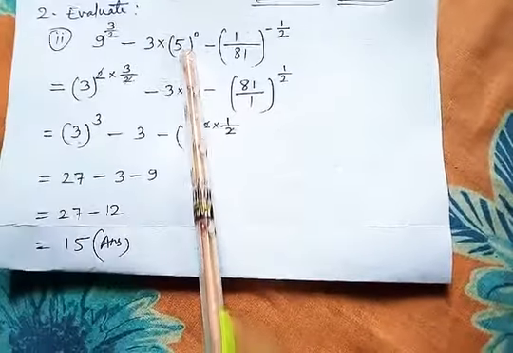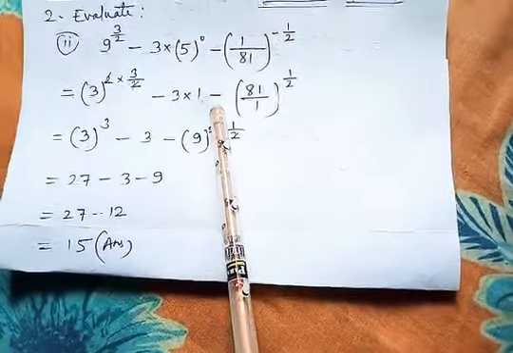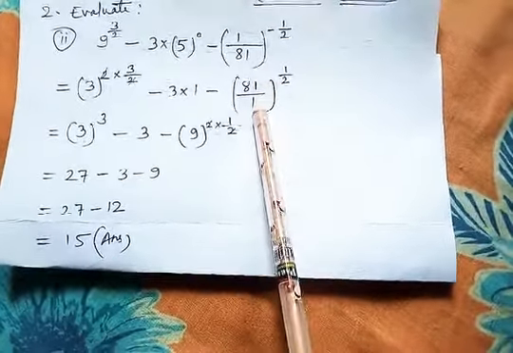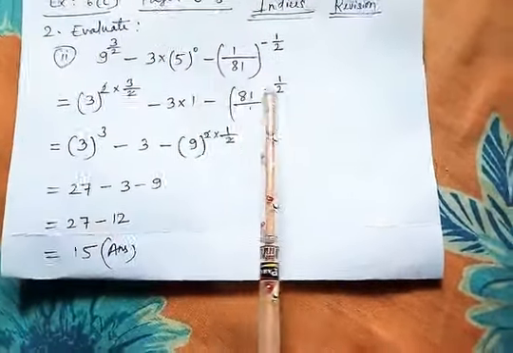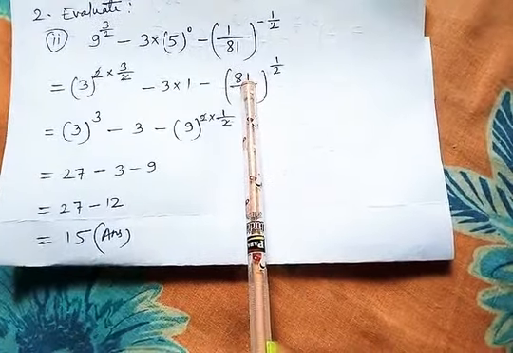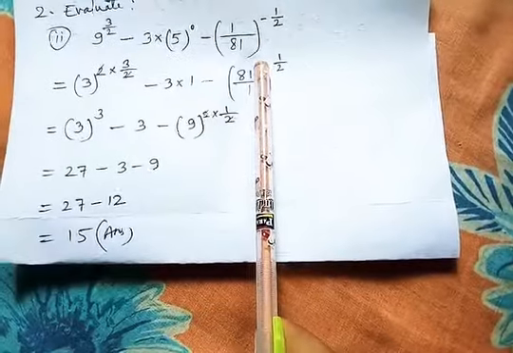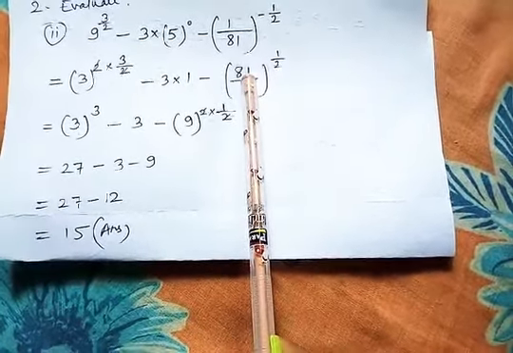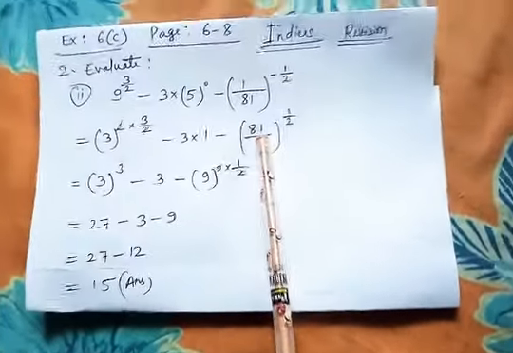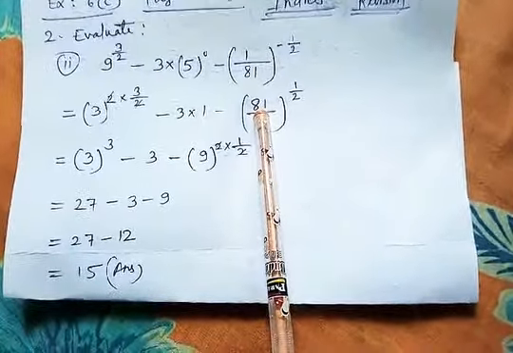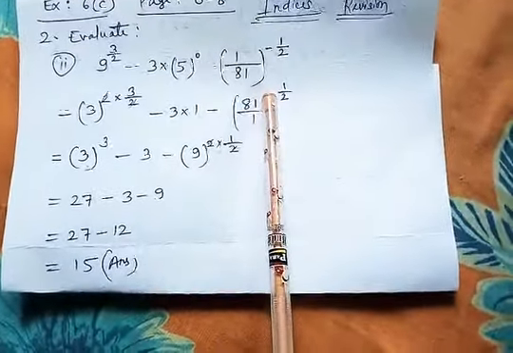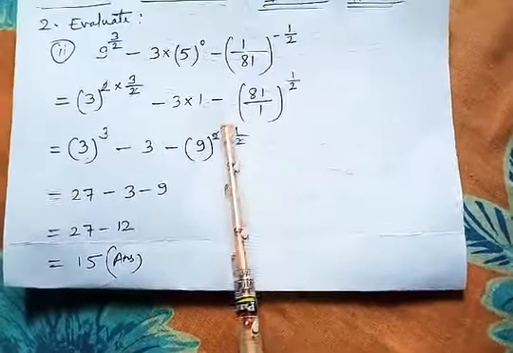And minus 3 into anything to the power 0 is 1. 3 into 1 minus. As I had told you, interchanging is very important to make the power positive. So 81 by 1 to the power 1 by 2. Now same thing here. As we have 2 at the denominator of the power, focus on breaking 81 in such a way that it becomes a square. So 81 is the square of 9. As you know, 81 is also 3 power 4. I can write 3 power 4 also as 81. But I did not write 3 power 4, because as it was square here, I wrote 9 square.